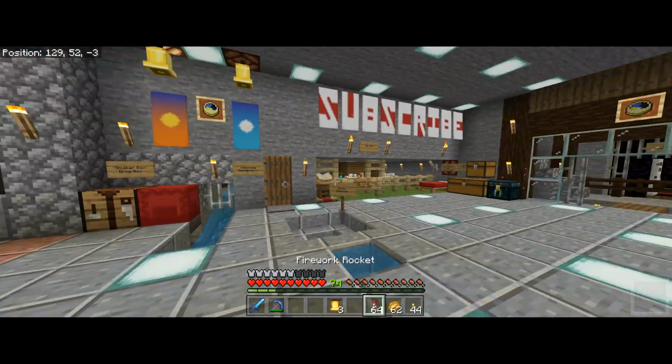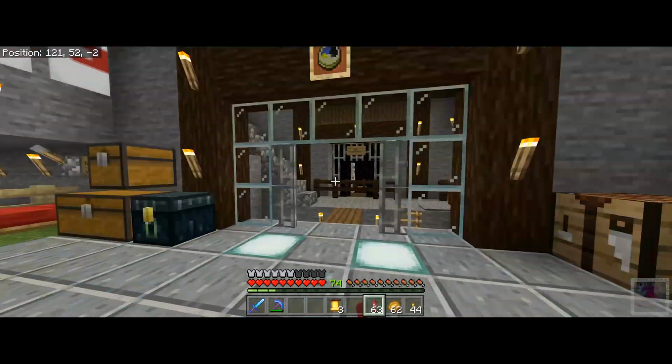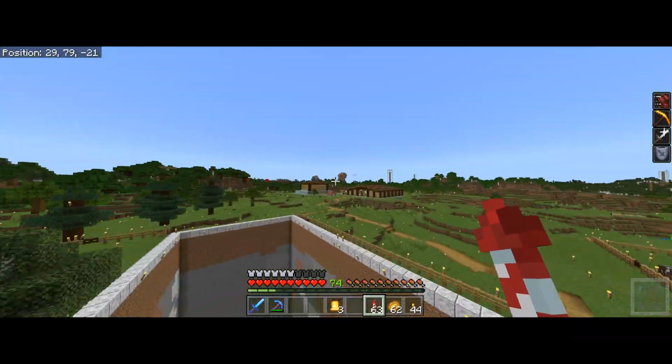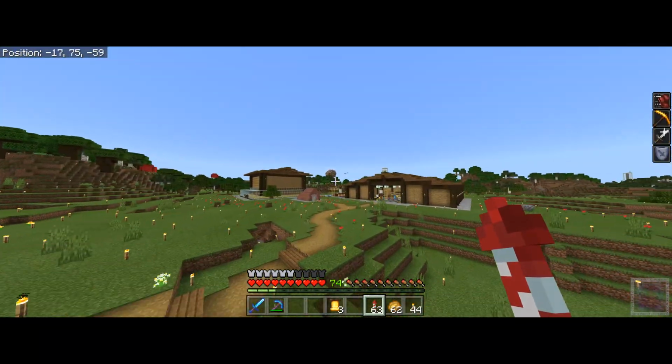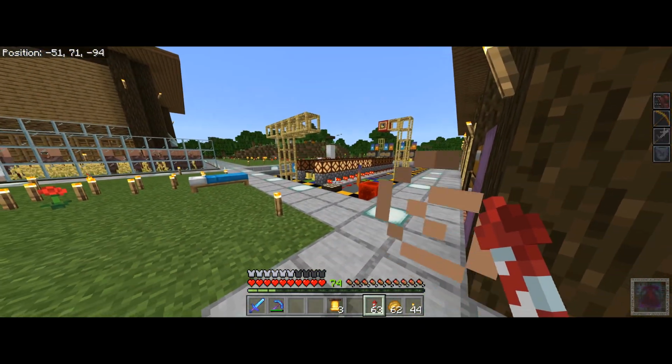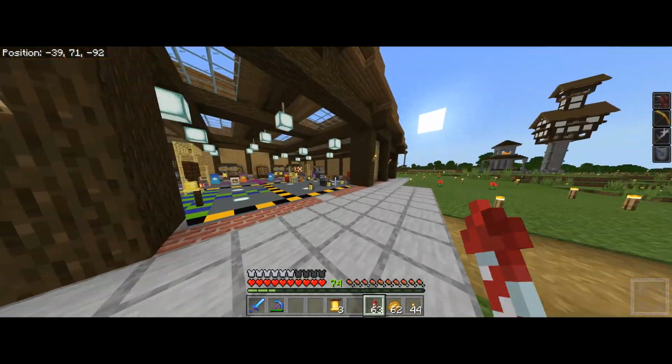So we're going to have a little bit more of a look at this, but we're going to do it over at the redstone testing warehouse. So let's just zoom over here. I see we have lots of things to have a look at here. We have this setup here with the daylight sensors, but first of all let's go and have a look at